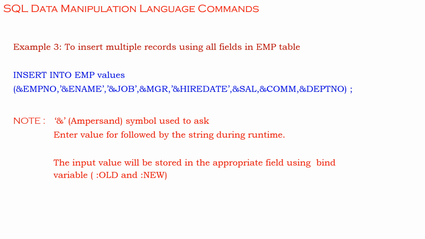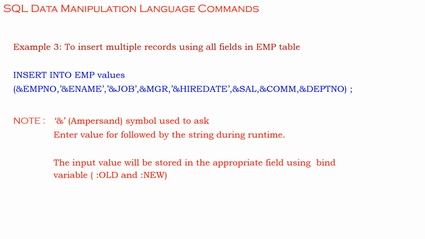A prompt will appear on the console, so the user will be allowed to enter the value during runtime. Like enter the employee number, enter the employee name, enter the job, that kind of prompt will be displayed on the console so that the user can enter the value,